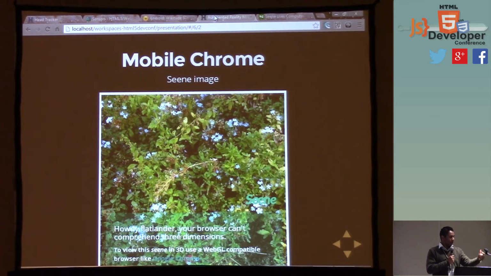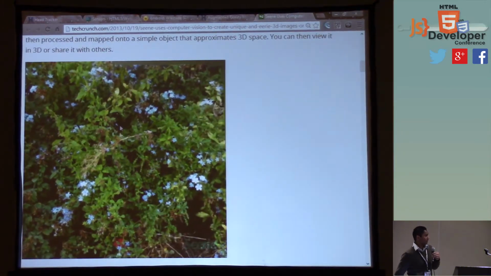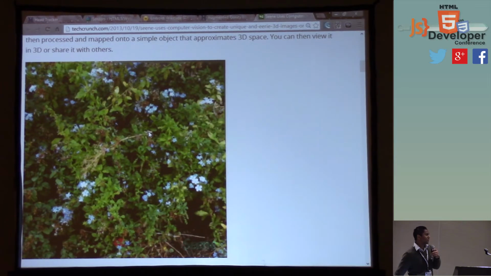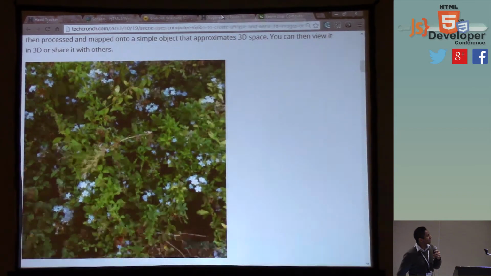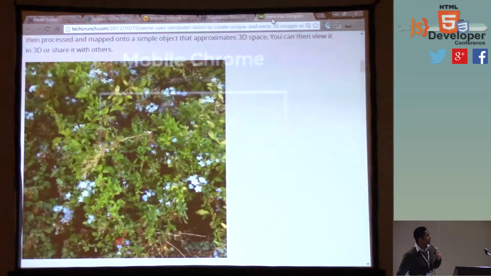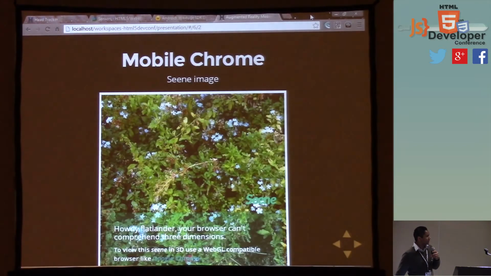Then you can go into the settings, enable WebGL, and you'll be able to see it moving around like that. Think of it kind of like 3D Instagram. Funny thing about running WebGL, oftentimes my fans will start spinning.